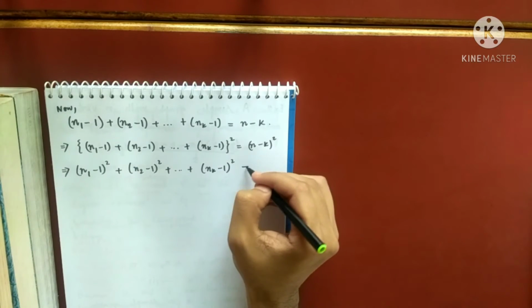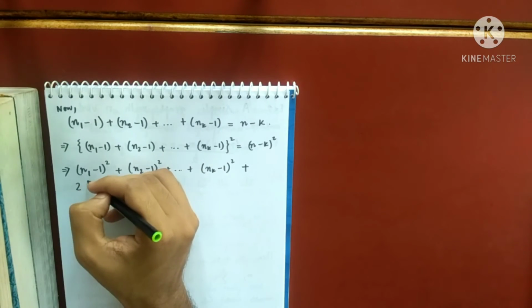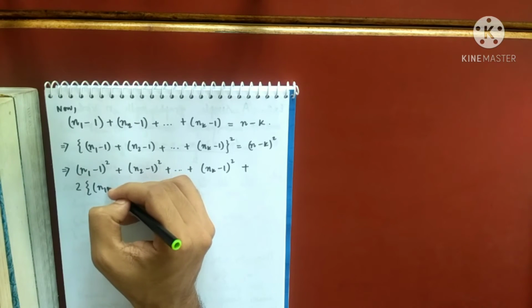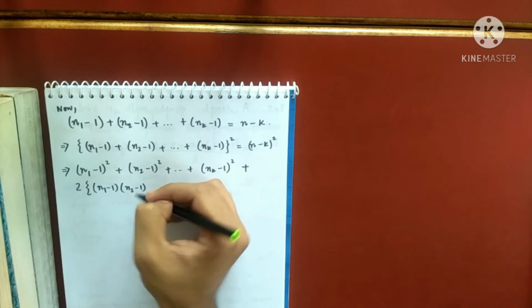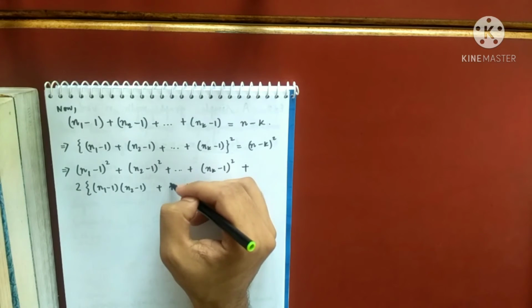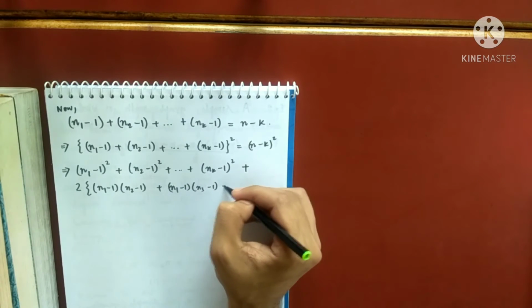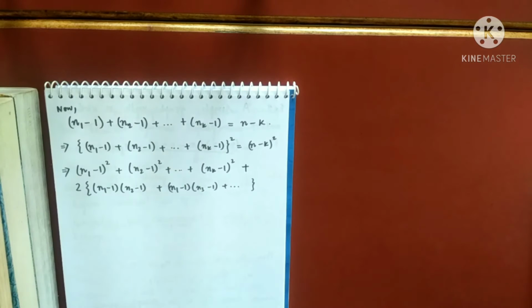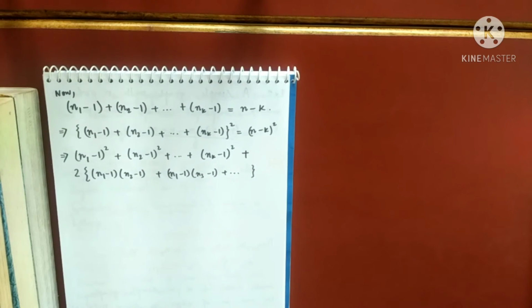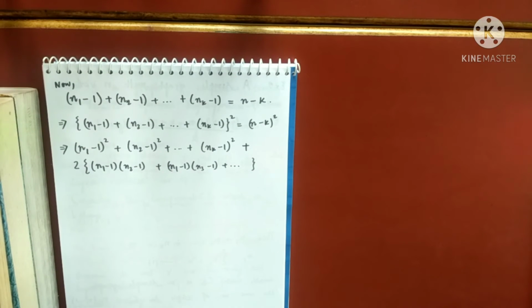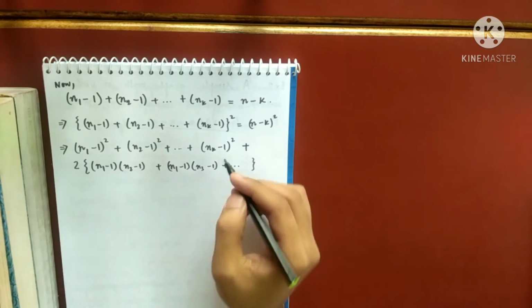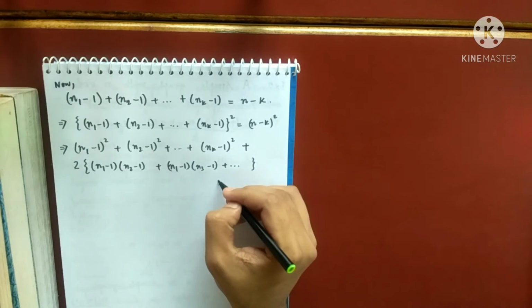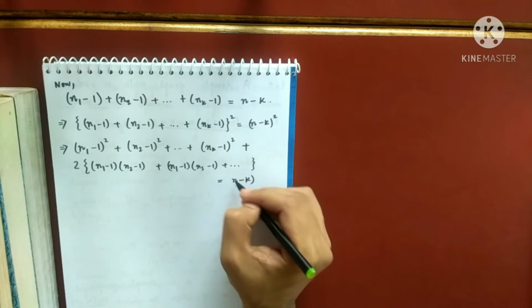That means similarly here, plus 2 times this with this, this with this, dot dot dot, many more. I will not write all of them. So the formula for a plus b plus c whole square is a square plus b square plus c square plus dot dot dot, and then 2ab, 2bc, 2ca, all possible pairs. So the left hand side is this. I'll write the right hand side as it is.